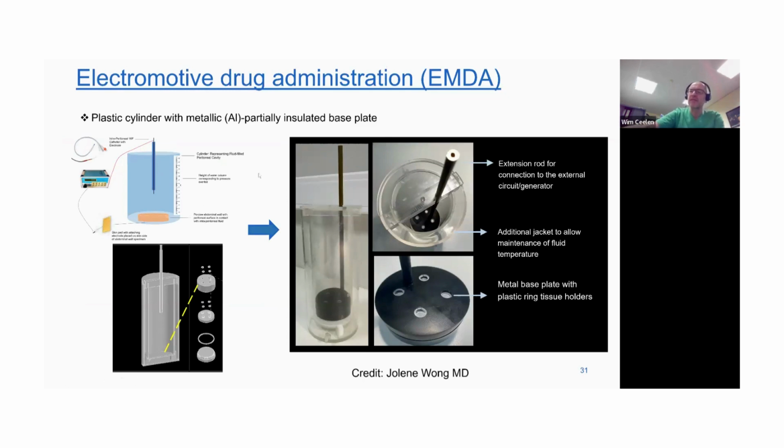We are collaborating, in fact, with engineers and also with physicists in this field. It's electromotive drug administration, so it's not using an aerosol, but using a liquid, where again we use a DC electrical current to drive the drug into the tissue and then see what parameters are relevant, like the power intensity, the voltage, the shape of the current, so either a block or a smooth, kind of a sine or a cosine wave, whether it's useful to reverse the polarity, etc. So that's also a nice example of collaboration with